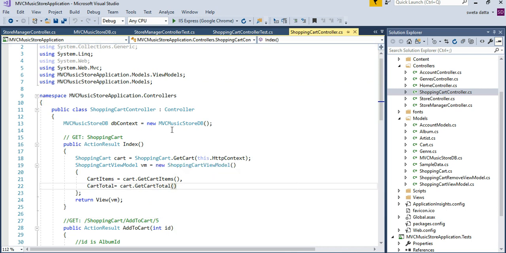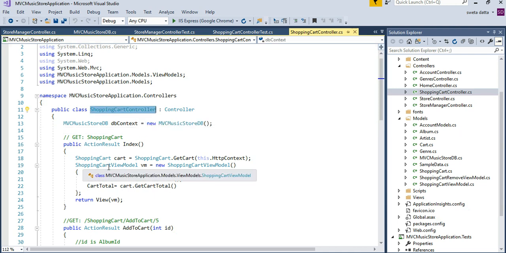This is where we talk about inversion of control. Basically, this shopping cart controller is dependent on the shopping cart class and the music store DB class. So it has a very tightly coupled dependency on these two classes.